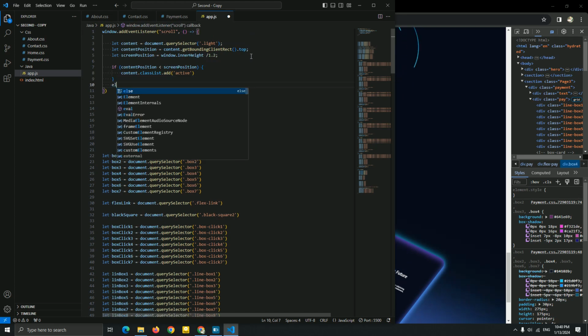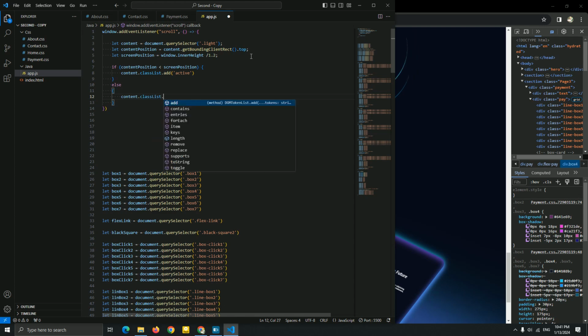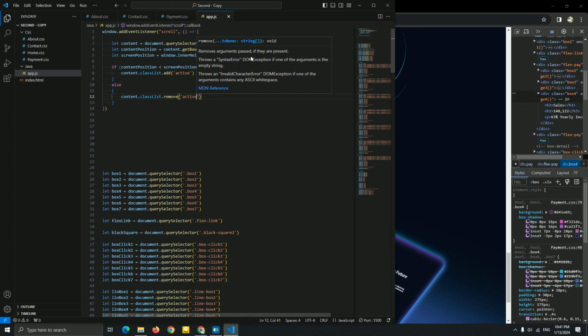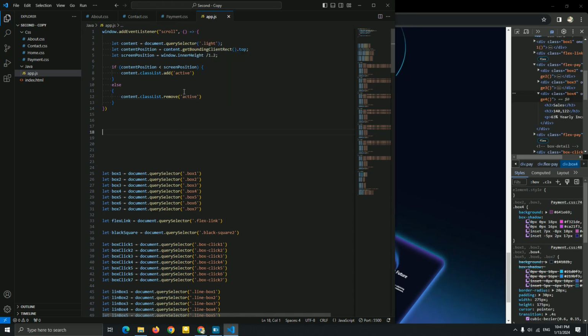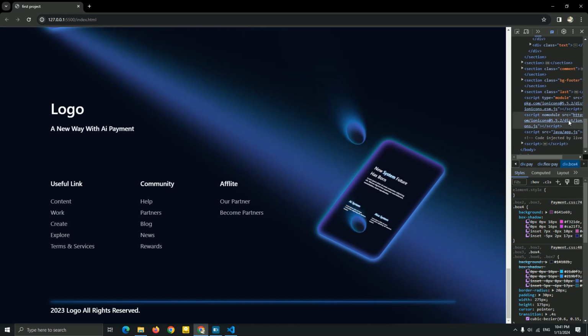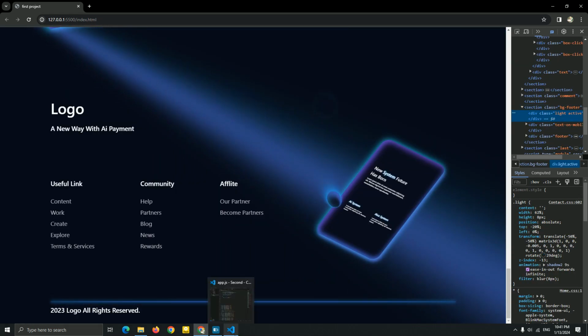Else, I'm going to add content.classList.remove active. Okay, now let's try again. Now let's find out if it's working or not, guys. So let me see the light. Okay, the light active is working, guys.